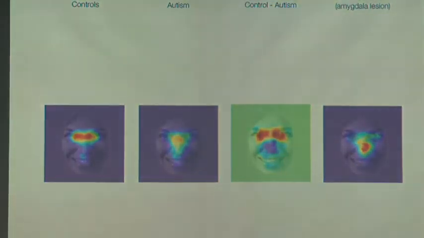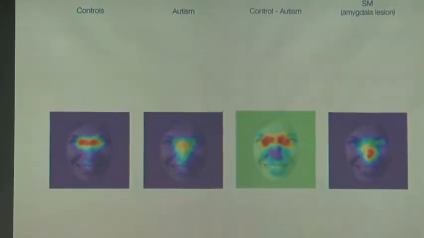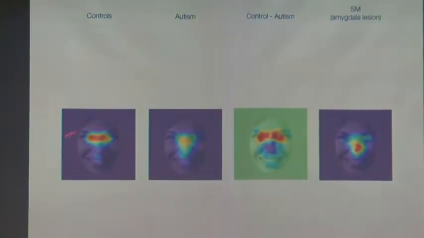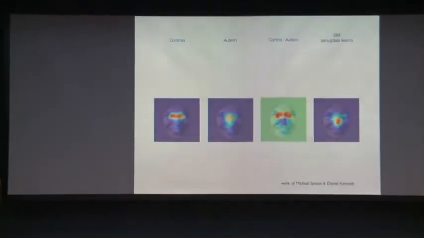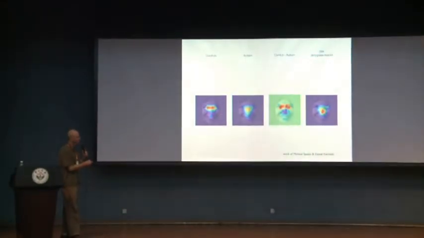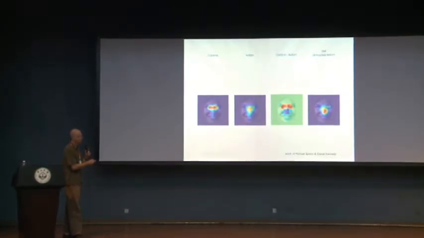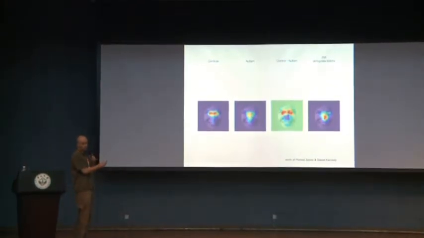So let me jump to the first data slide. It has a couple of different data points on it, so let me just walk you through this here. What is shown here are maps that show how frequently people look at a certain part of a face. So the hotter the color, the red color here means that people look most at this eye region of the face. And we have these eye tracking data here for 4 groups of people: matched controls, people with autism, and you see that the controls look at the eyes a lot.